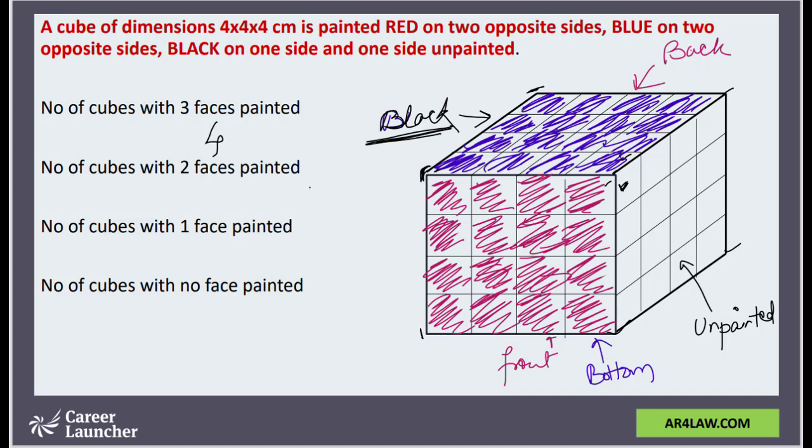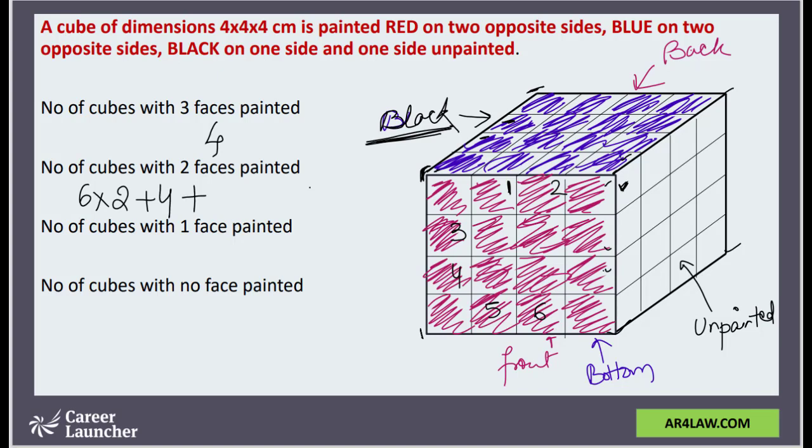Then moving on, number of smaller cubes with 2 faces painted. So again we'll do the counting. So we have 1 here, 2, 3, 4, 5 and 6. We cannot take these 2 because we have only one face painted and these 2 sides are not painted. Okay, so we have 6 on the front. We should have 6 on the back also. So 6 into 2. Is that complete? No, because we would have some more. Then we will have 1, 2 and 2 at the bottom. So 4 more cubes which have only 2 faces painted.